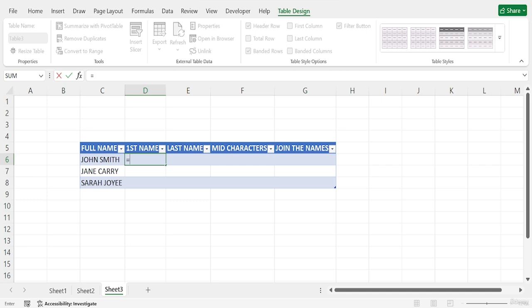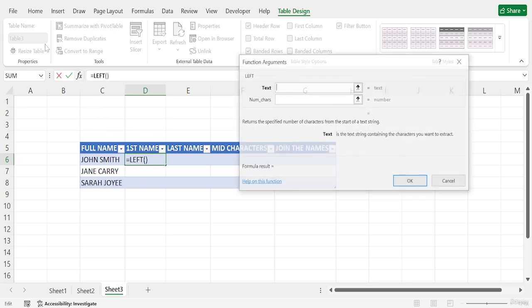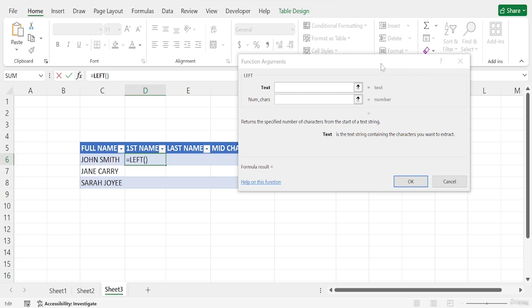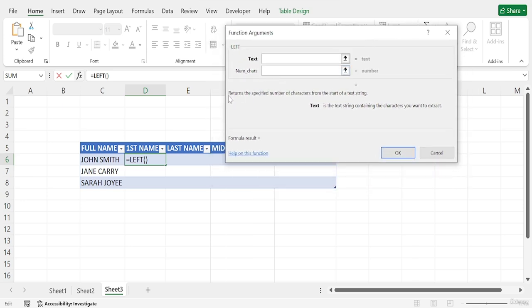If I call the LEFT function and go to the function arguments, as you can see, this function returns the specified number of characters from the start of the text string.